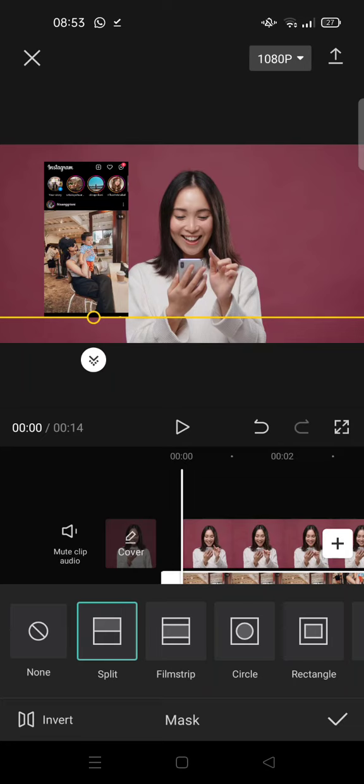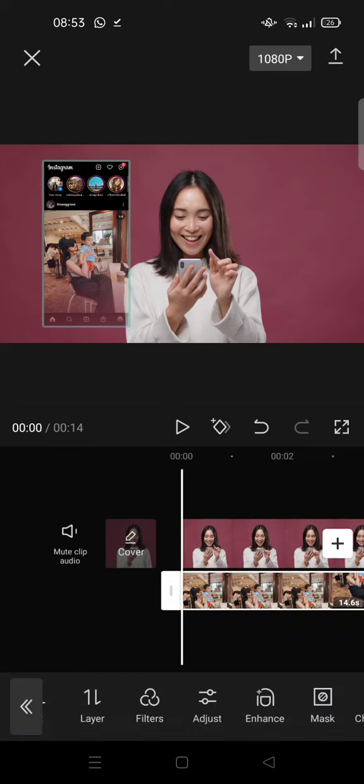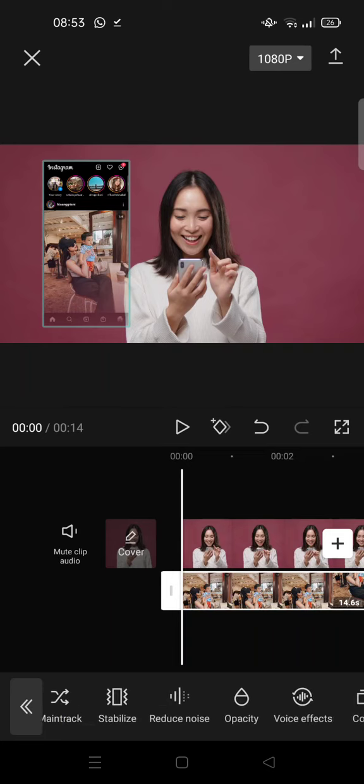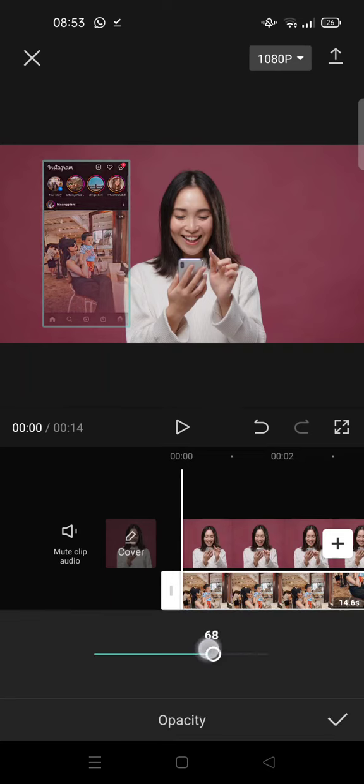to adjust and make a fade out effect at the bottom of the screen, you can just click on the two arrows in the mask to have a fade out look of the screen like this. So I'm going to go with like that, and then after that click on the check icon and then adjust the opacity to your liking. I'm going to go like